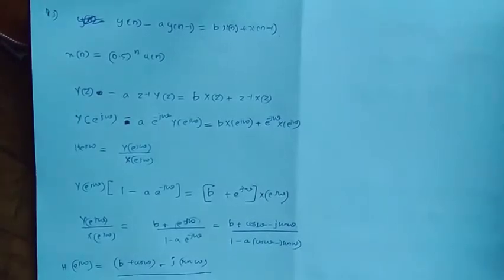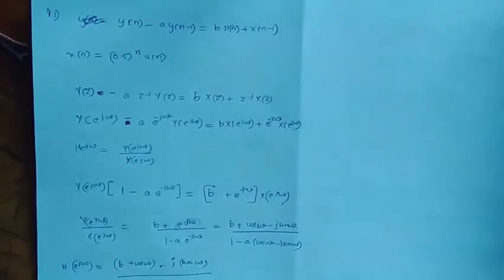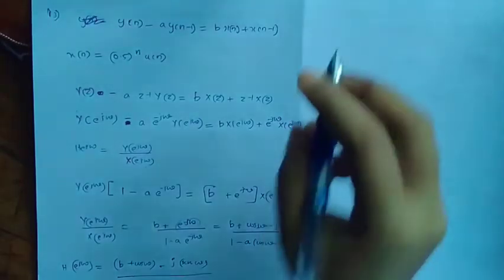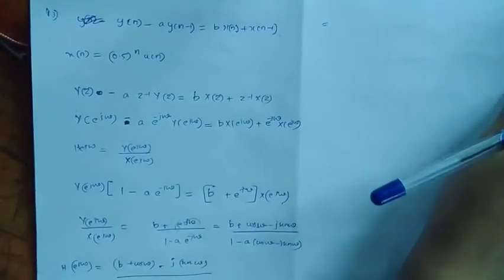1 minus a cos omega plus j a sin omega. Okay, just going to take the magnitude. We will get (b plus cos omega) the whole square plus (sin square omega) whole, divided by (1 minus a cos omega) the whole square plus a square sin square omega, which is equal to